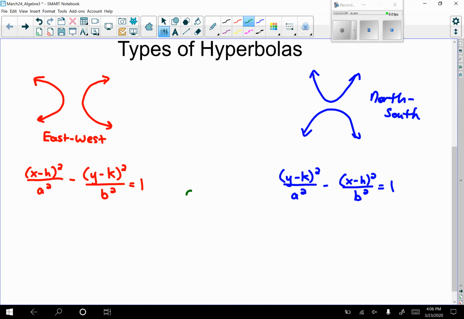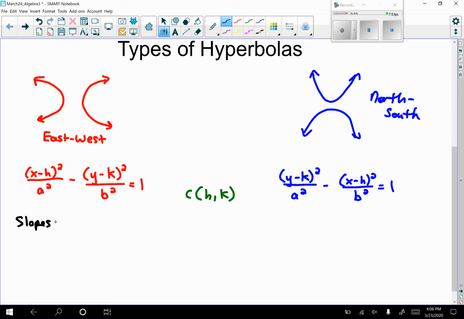So our center still comes from HK. We just have to be aware of now when the y is first, so is the k. But we always want to put the h value first for the center, and then the k value will go second. Now, when we talk about slopes of asymptotes,